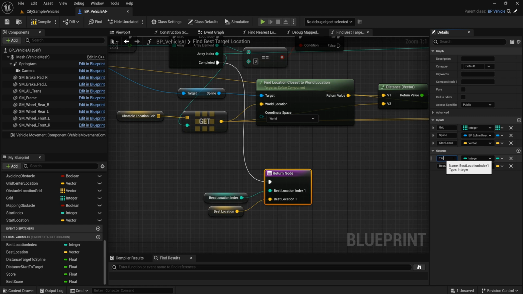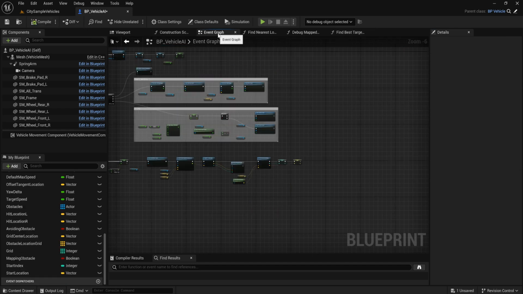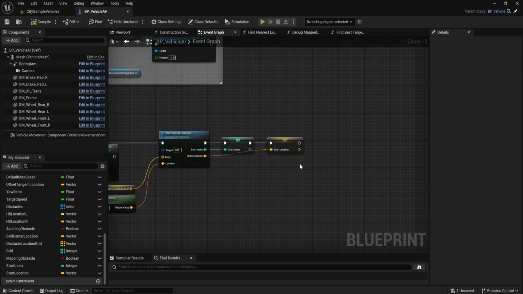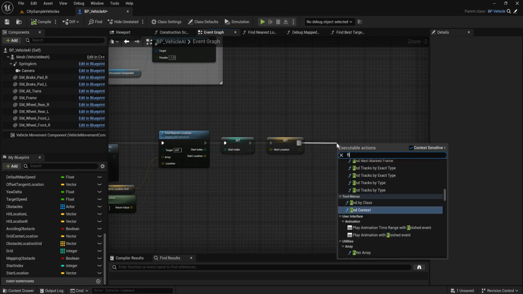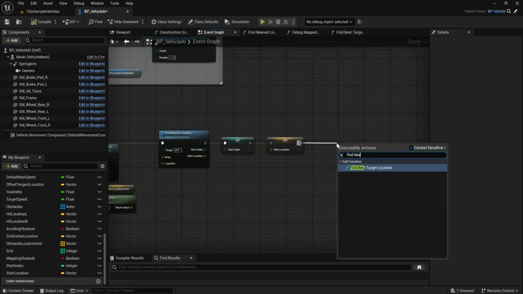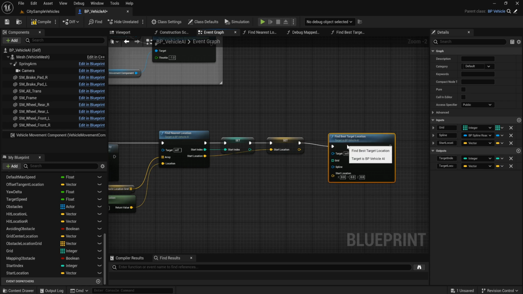This is target index and target location. Compile, go to event, call find base target location,